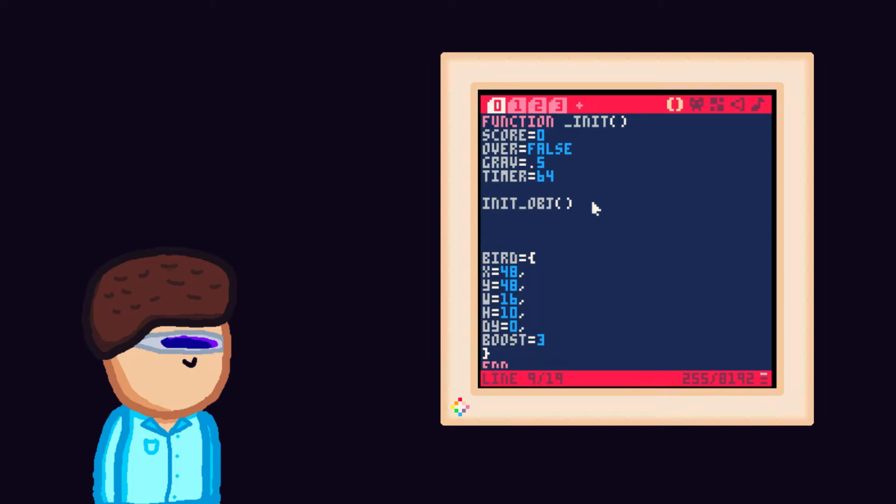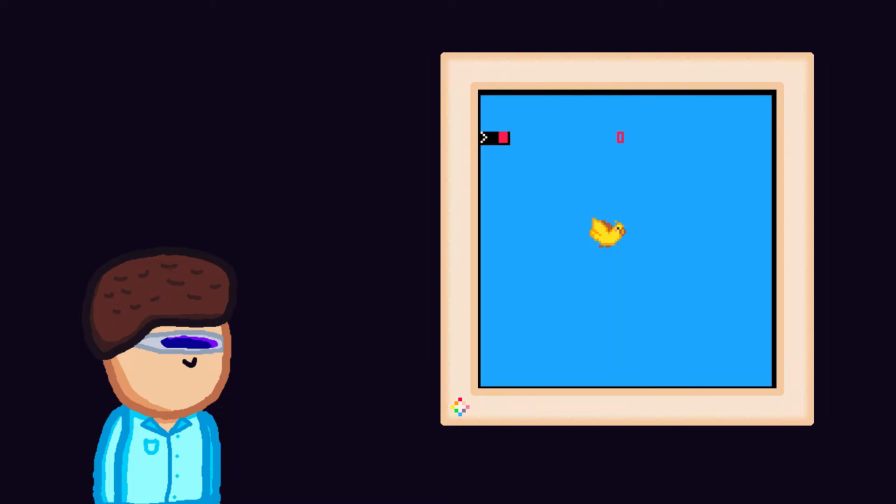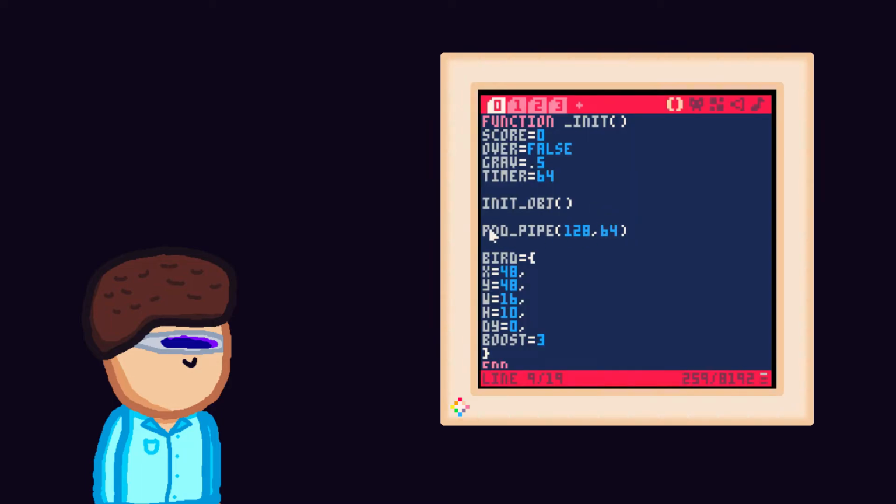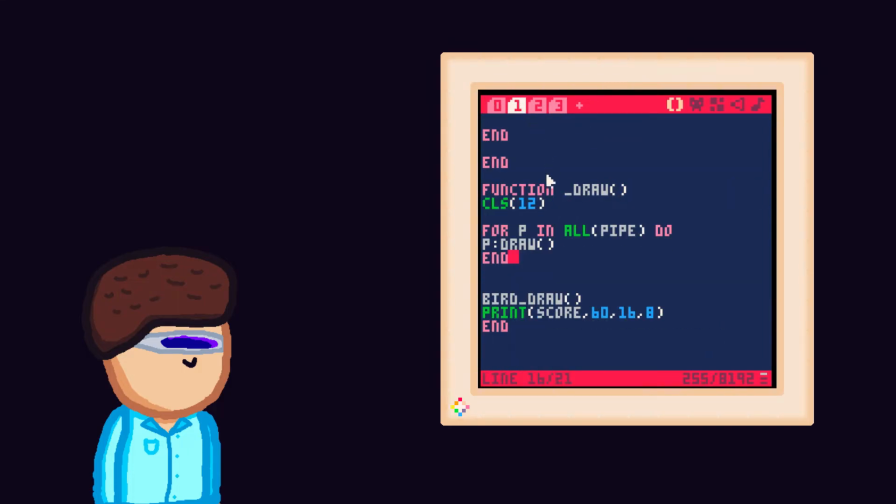So on this position we say add pipe on 128, so at the right side of the screen, and on position 0 or 64. I'd say yes. Run. Yes, we got our own pipe over here, and it's already deleted because it's at the left side of the screen. So we're gonna comment this out, and we're gonna make the pipe spawn by themselves, which is gonna be